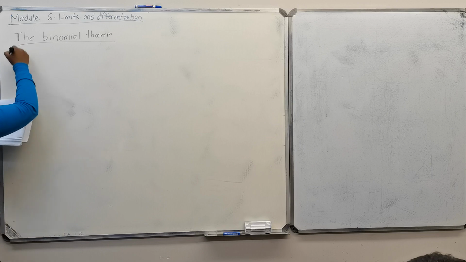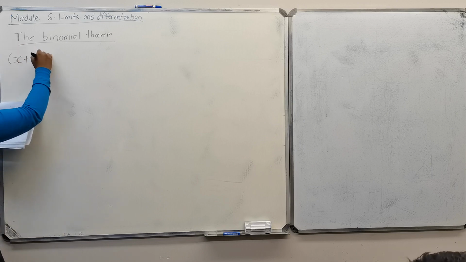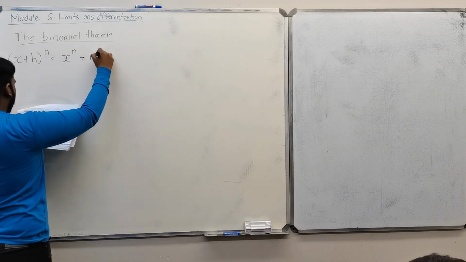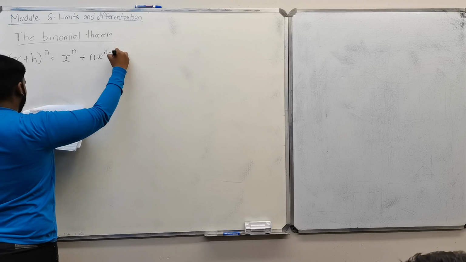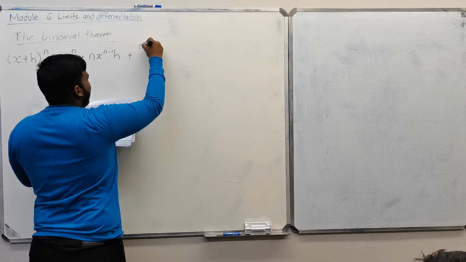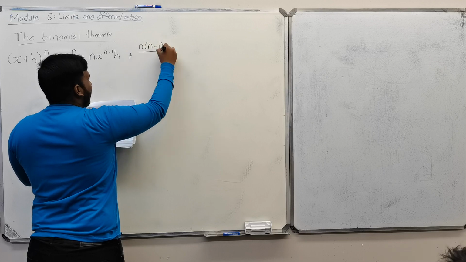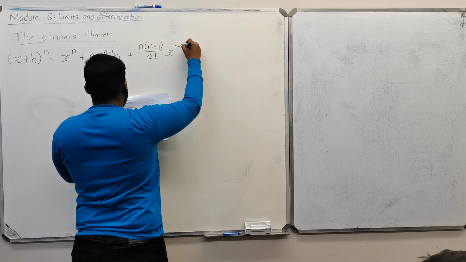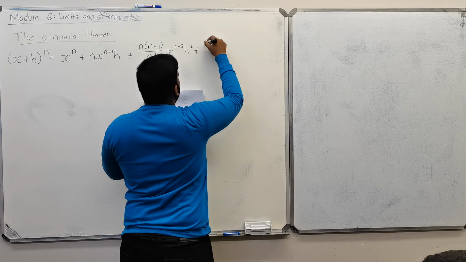So, the binomial theorem enables us to simplify or expand all examples stated above. Now, this is where you're going to hate me again, right? This is the binomial theorem. So your binomial theorem is this formula here. (x + h) to the power n is equal to, so your first term is x^n plus n x^(n-1) h plus n(n-1) over 2 factorial x^(n-2) h squared plus